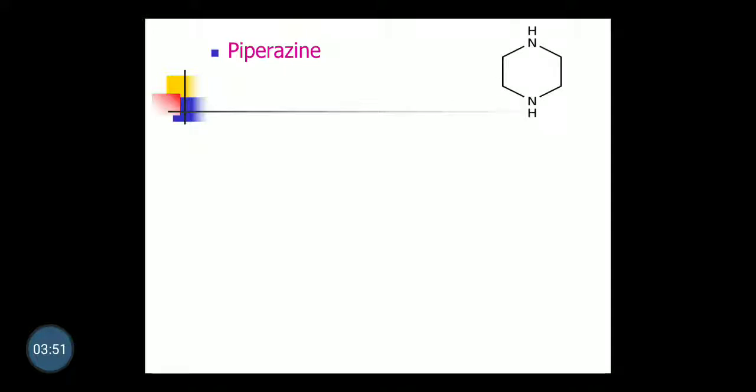Next, piperazine, completely saturated pyrazine, that is called piperazine. This is a pyrazine in which the relative position of nitrogen is 1 and 4, but completely saturated. Completely saturated means we had removed all 3 double bonds. Like pyrimidine, we had done perhydropyrimidine. So in this case, pyrazine, we had made it completely saturated, that is piperazine. The example of the drug is meclizine. We know it's a popular antihistaminic drug which has this piperazine ring in its structure.